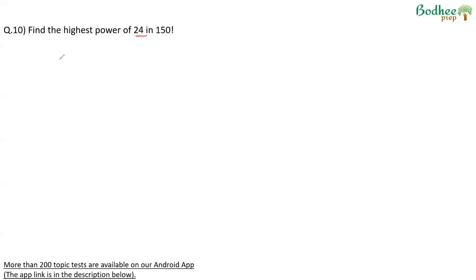Find the highest power of 24 in 150 factorial. 24 is 8 into 3, or 2 cube into 3. So we'll have to look for powers of 2 and 3 in 150 factorial. For powers of 2,